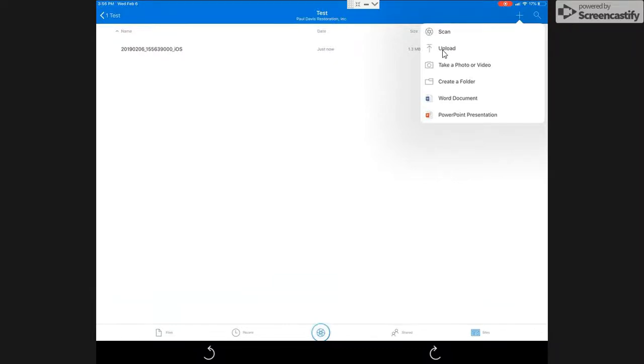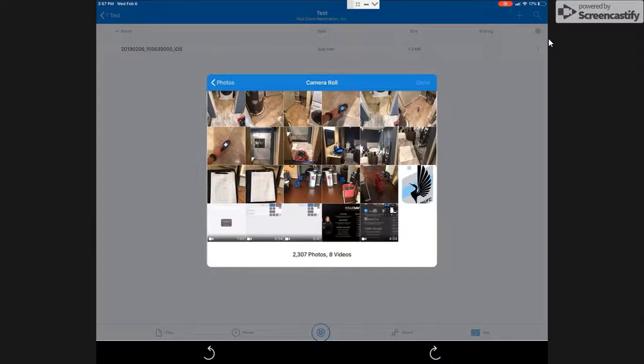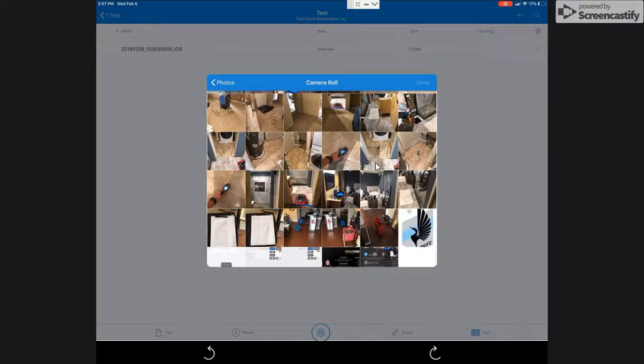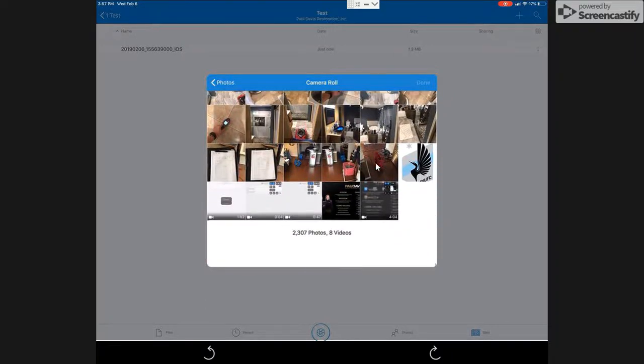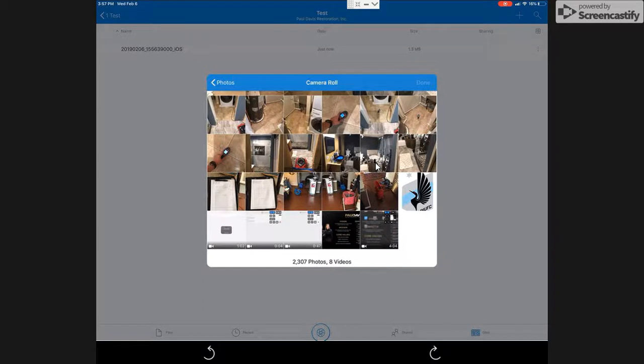In other cases, say you already went on site and took a bunch of photos. For that, I'm going to hit upload. And next I can either browse and find documents that I've already saved to the device, or I can hit photos and videos. Now, there's a couple options. So hopefully this is clear enough. This is always going to show you your most recent photos. So I can either select these one at a time just by tapping on them,